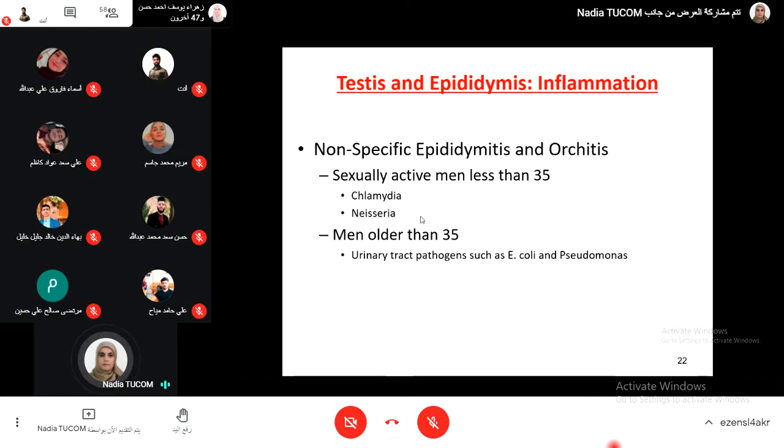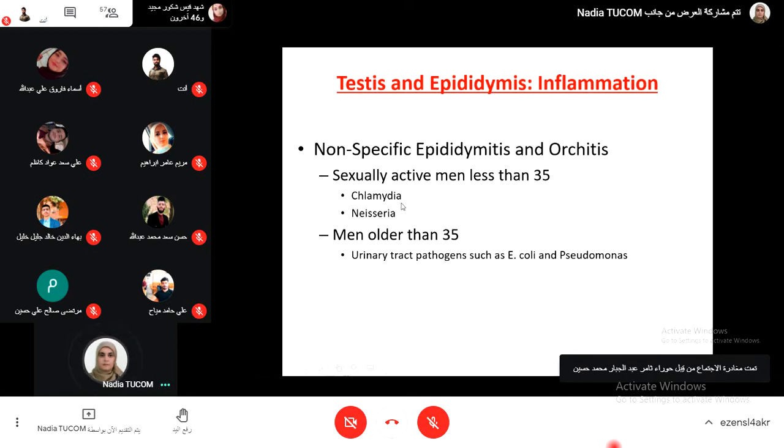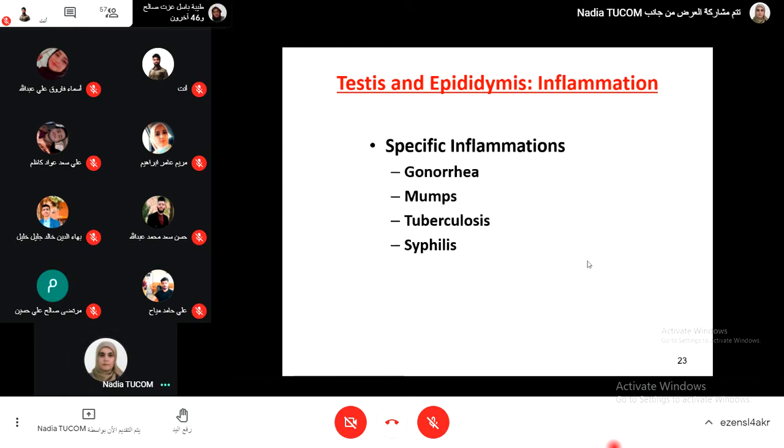Testis and epididymis, non-specific epididymitis and orchitis. In sexually active males, chlamydia and Neisseria gonorrhea are the most common, whereas in elderly people older than 35, urinary tract pathology like E. coli and Pseudomonas are more common. Specific inflammation,